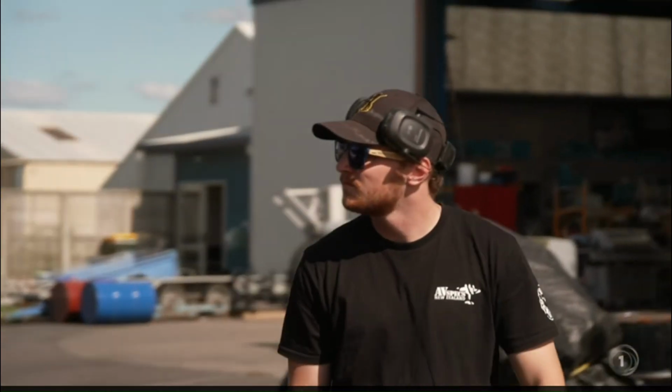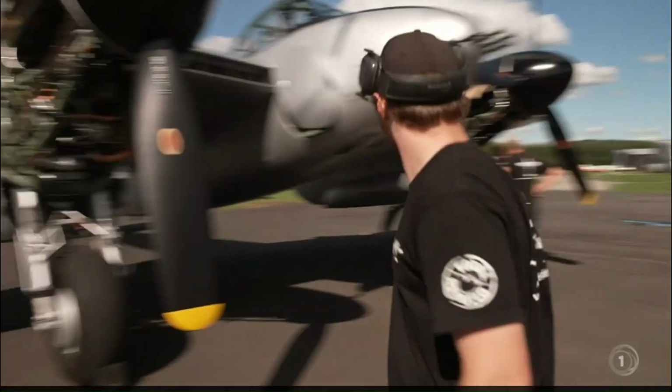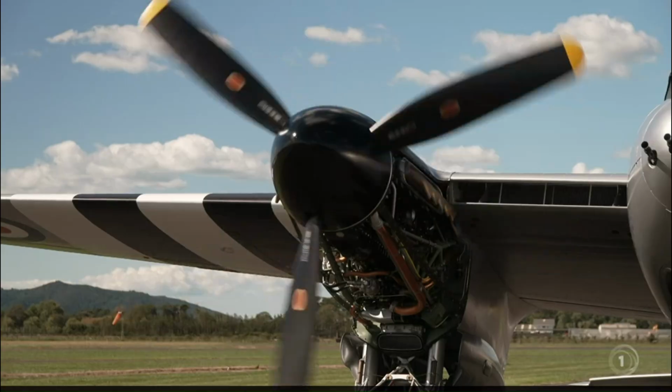As for the newest, youngest recruit, the most fortunate boy on the planet, already doing something that I love, makes my heart race. So I'm working on a World War II aircraft,